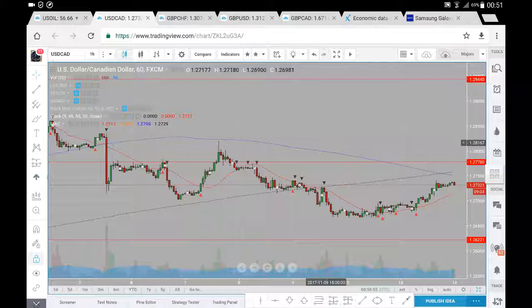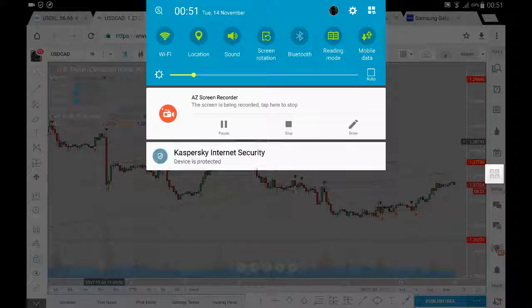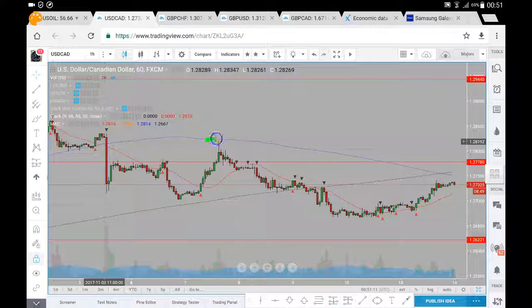In around 128.30 we did see some selling momentum come into the market, around this 128.20 essentially. So at 128.30 we could potentially see some selling momentum come into the market before we get up to a major level. But again, this is merely precautionary, having a look at this level around 128.30,